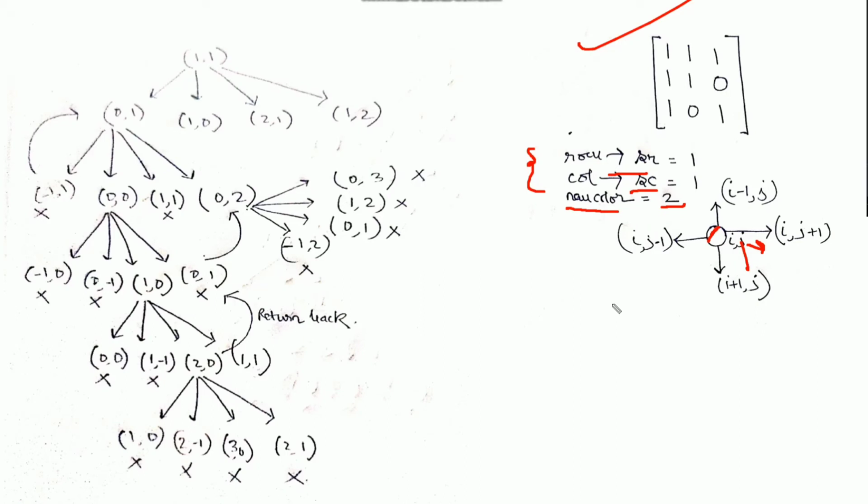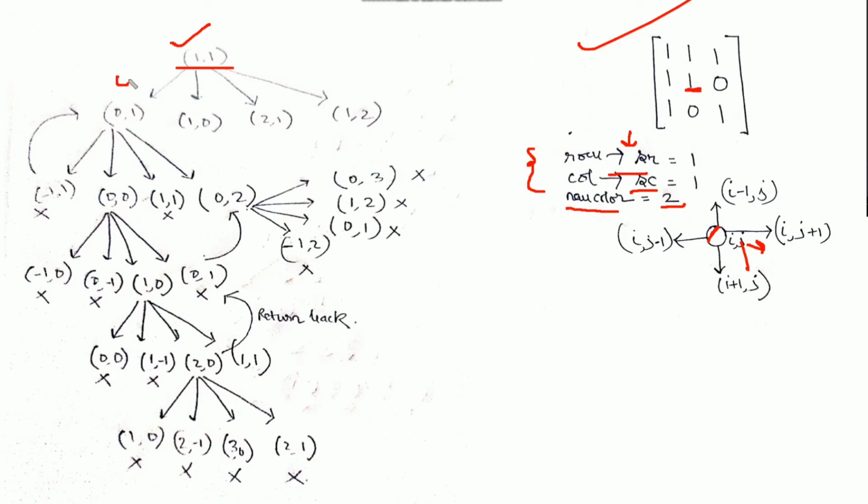So from each location inside this matrix we have to move in 4 different directions. So there are a total of 4 choices available from a location. Our starting location is 1 comma 1. So we'll start our recursive tree from the given SR and SC, that is the given location 1 comma 1, and from 1 comma 1 we can move in 4 directions, that is 0 comma 1,